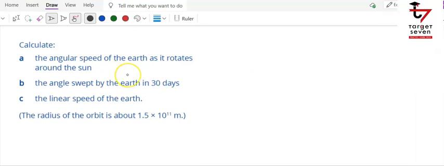The first question with regards to the concept of circular motion, here it is calculating the angular speed of Earth as it rotates around the Sun. So the formula to determine the angular speed, we all know it would be omega is equal to 2 pi upon capital T, where T here is the time period. Time period, the SI unit of time period is second. So it would be 2 pi divided by capital T, the time period, that is